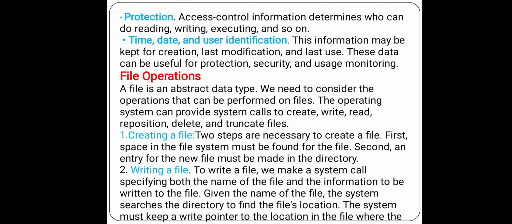If you maintain data like date and time of creation of your file, as well as the last modification on that file, then definitely you can provide security or protection for the data, because you know at what time and at what date the file was created.